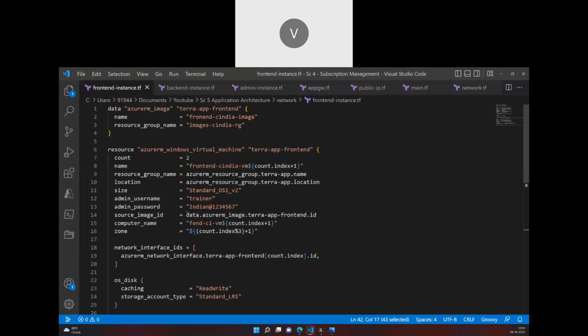Otherwise, I already have a key vault established in the subscription, and I'll retrieve the key vault secret details and provide the admin password here, so that way works too. Either we can create a key vault or use a secret from the existing key vault, and we'll provide access to the key vault only to admin users, so that the developers and testing team can't log in to these VMs